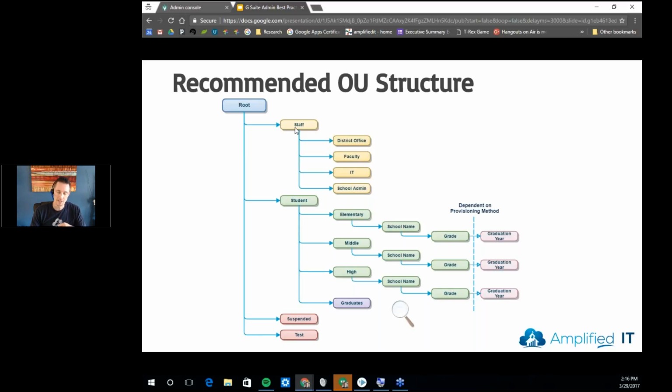Staff will get Google Plus, they will get Hangouts. Maybe they do not get Google Voice. We can make those changes and those decisions here at the staff OU and affect all of our staff in the district. Breaking staff down a little bit further, we have different OUs for different roles, whether that's operationally or